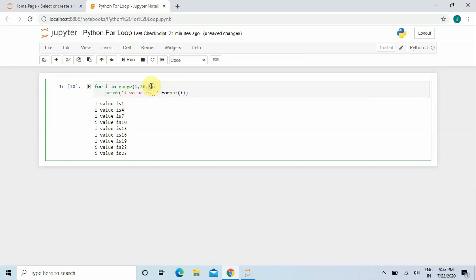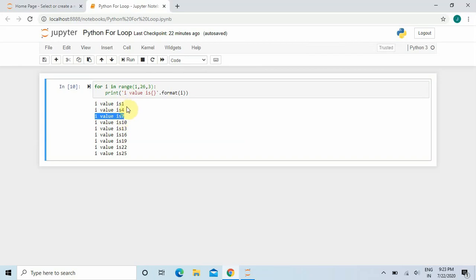So I am asking the Python interpreter to print my next value by adding 3 to the previous value. So it will add 3 to 1, and it will display 4. Again for the third value, it will add 3 to 4, and it is displaying 7.